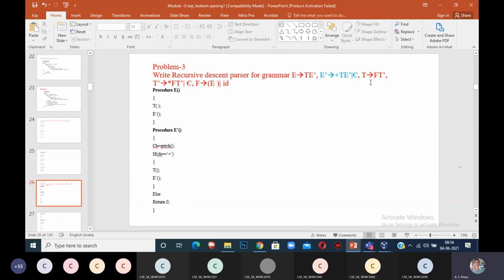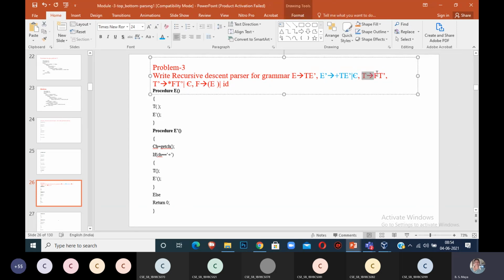Once it's over, we'll go back to the procedure for T derives FT dash. How to write it? Write procedure T, open parenthesis.